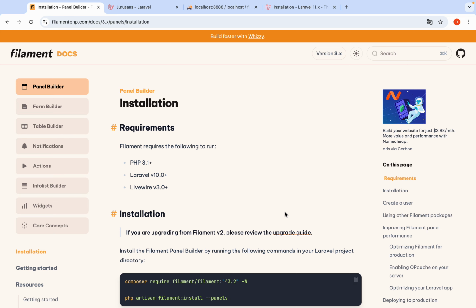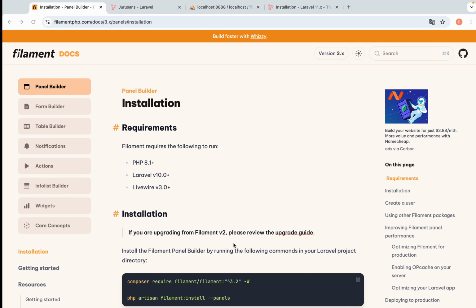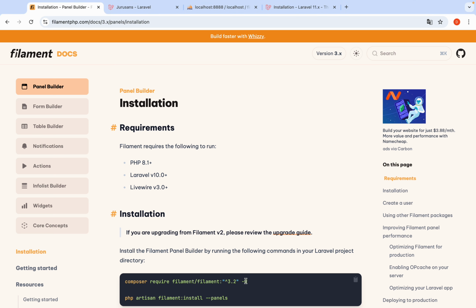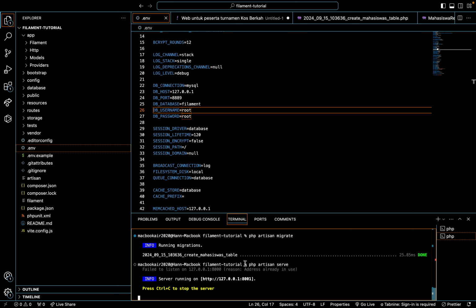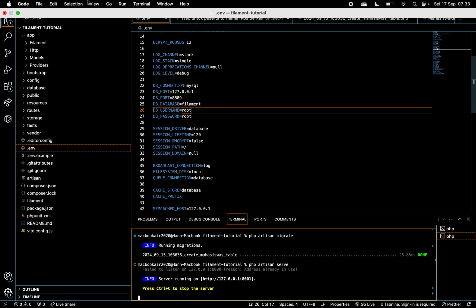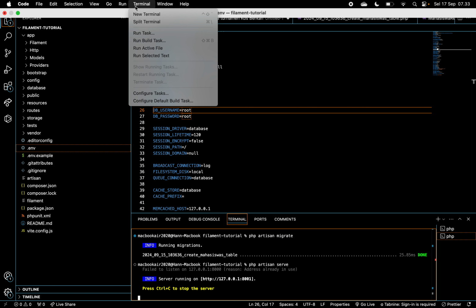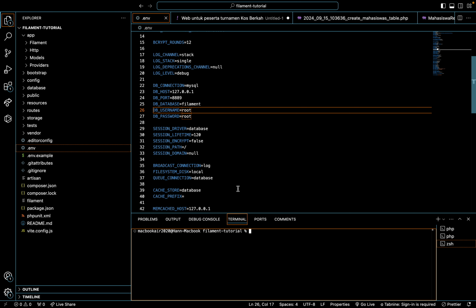The first step is to copy this, then open a new terminal and paste it.